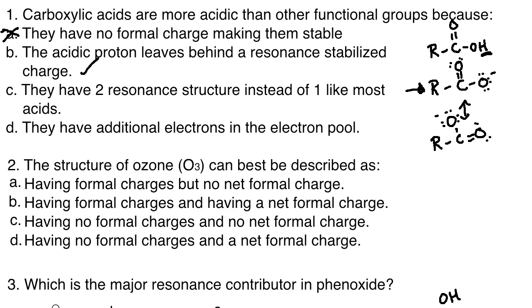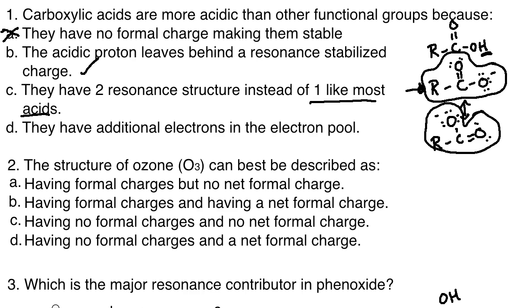C, they have 2 resonance structures instead of 1 like most acids. Well, this is a bit of a tricky answer, I should say here. Okay, they do have 2 resonance structures. You can see I've identified them here. Here's 1, right? And here's 2. But to state that they have 2 resonance structures instead of 1 like most acids, that is not a good statement,